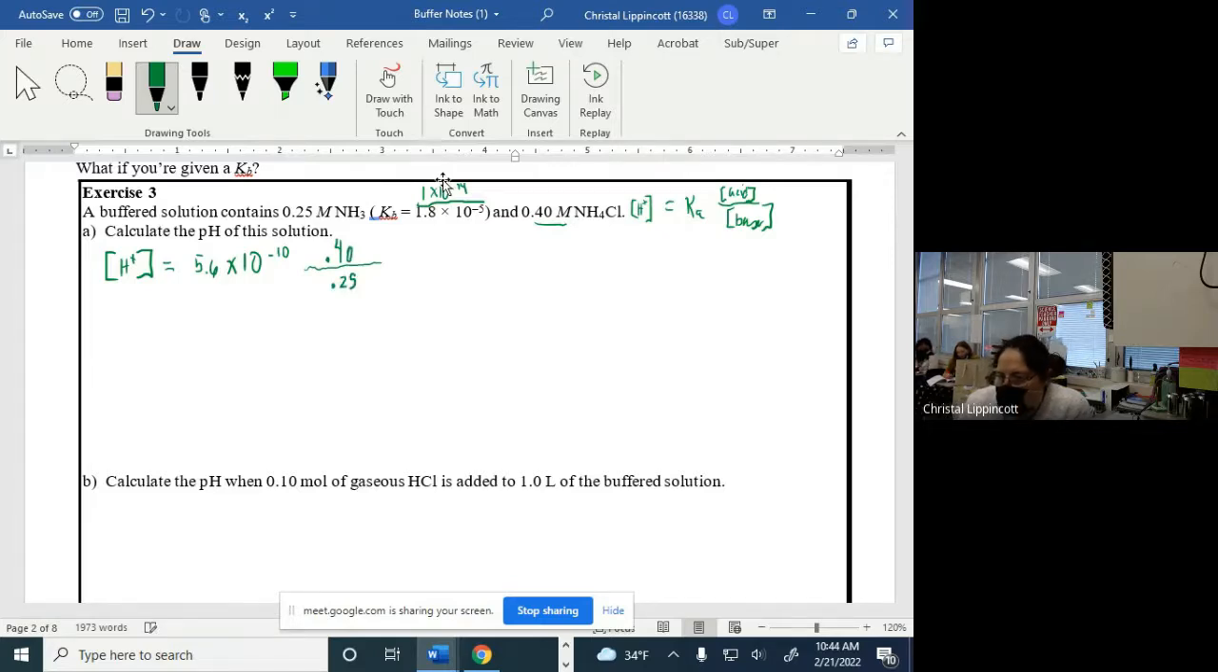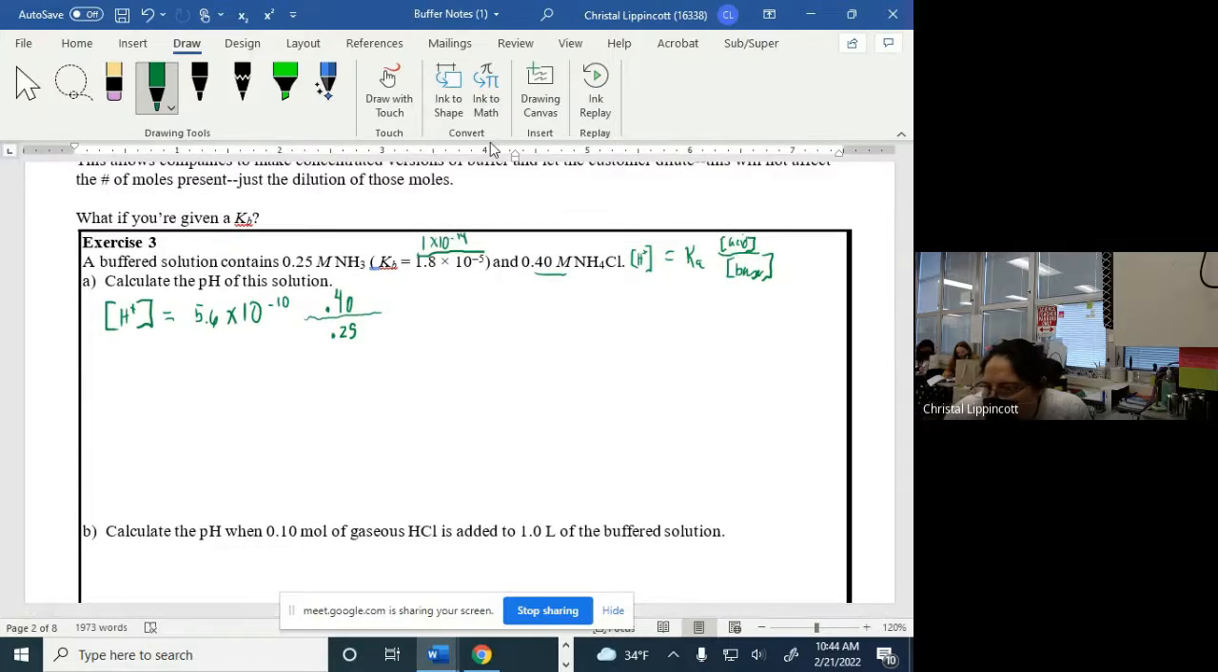Now, how do we know that one was the acid and one was the base? This is NH3. This is NH4. Which one has more hydrogen? This one. That's my acid. It's as simple as that. So that's the answer. Well,